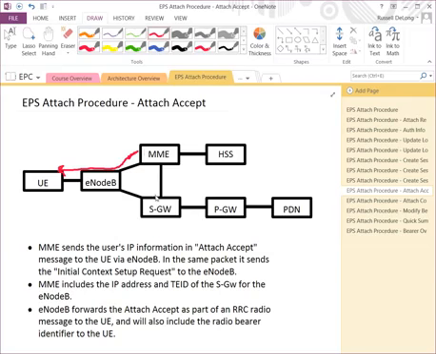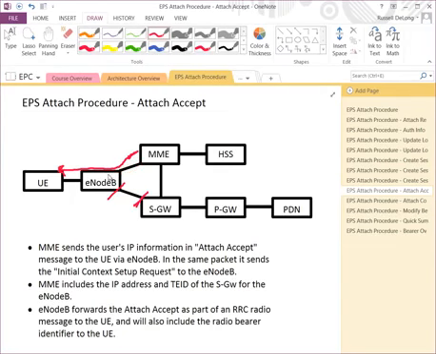So it's setting up the connection to the eNodeB as well. It's including the tunnel endpoint ID of the serving gateway. Again, this leg has to be built, this second GTP tunnel, which works the exact same way with IP and tunnel endpoint ID information. So in this attach accept, it's really talking to both at the same time. In the same packet, the protocol is S1AP between the MME and the eNodeB. It's sending a message to the eNodeB, and in the same packet, a separate message to the UE,